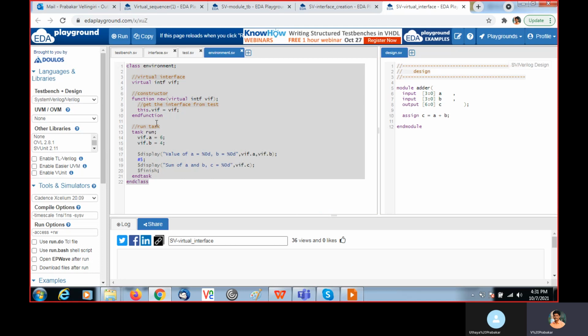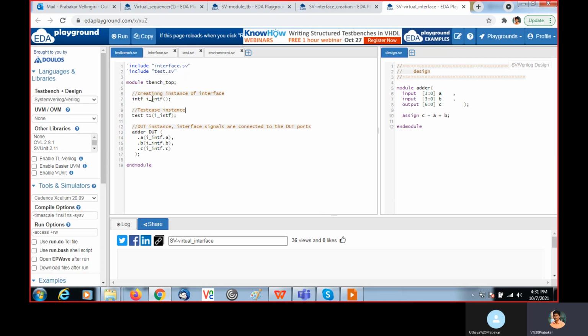This environment is a class. Inside a class, you should not instantiate the interface directly because it is dynamic in nature, so you should use the virtual keyword. This VIF is nothing but the virtual interface handle, and it is assigned. This VIF is nothing but the actual interface which I created here.